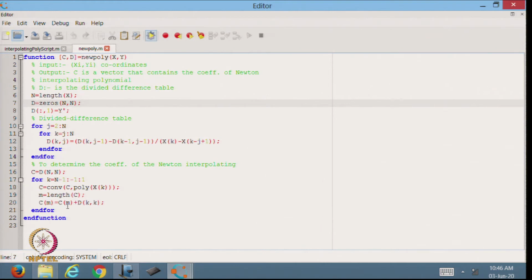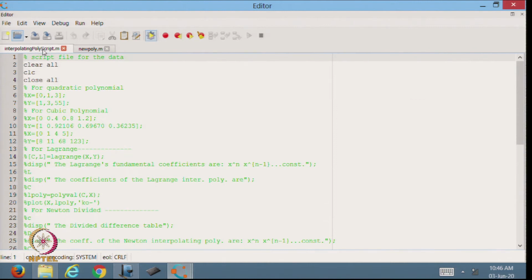So, whatever coefficient I am taking, we add the corresponding difference. That is the end of this loop and this is the end of the function. So, this way we are able to define the Newton divided difference polynomial.